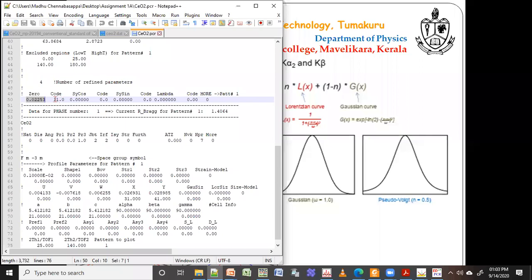If your peaks are shifted to a very small extent due to some instrument error, it is taken care of here by zero shift. And then we did fitting of the a, b, c parameters, which gives the proper lattice parameters.